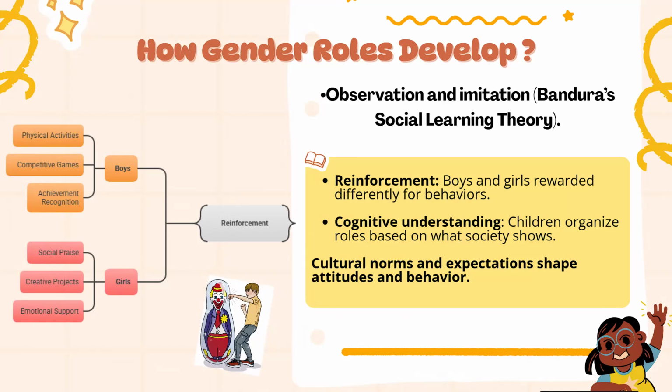Bandura's social learning theory explains this. Children watch and copy what they see. When a boy climbs a tree, people say that's what boys do. And when a girl tries to do the same thing, they say, be careful. And that one line can change her sense of what she is capable of. This is how gender roles get formed. So, when a child behaves in a certain way, it's not just a personal choice, it is influenced by layers of social and cultural conditioning.